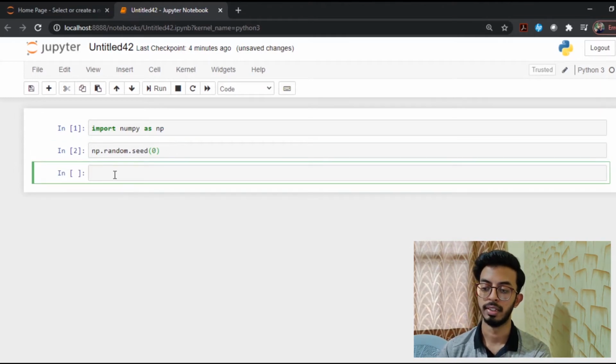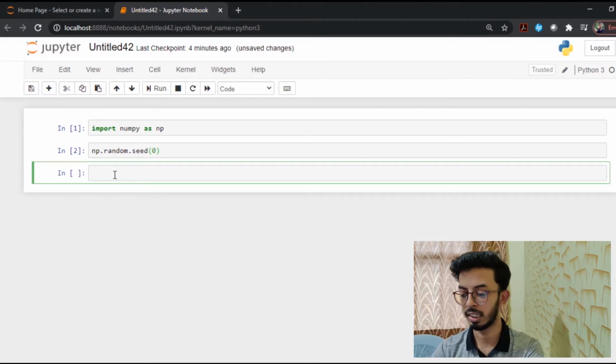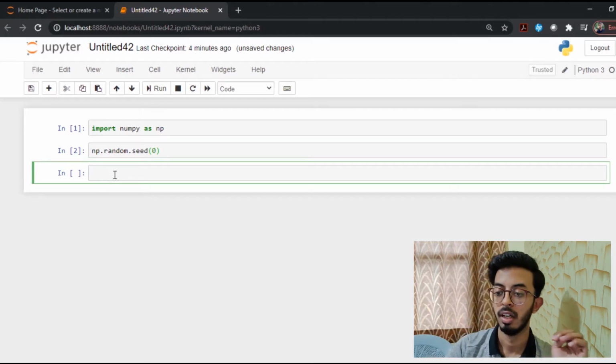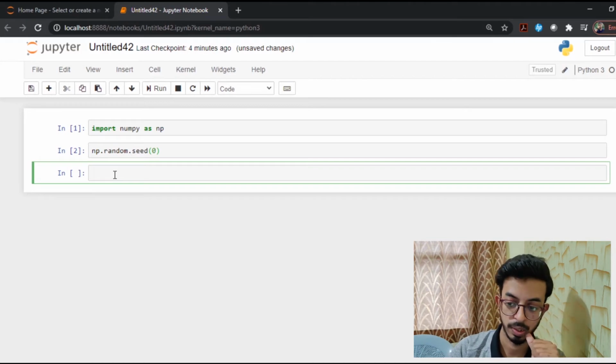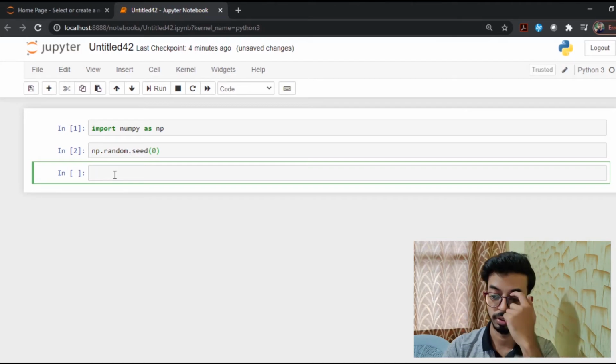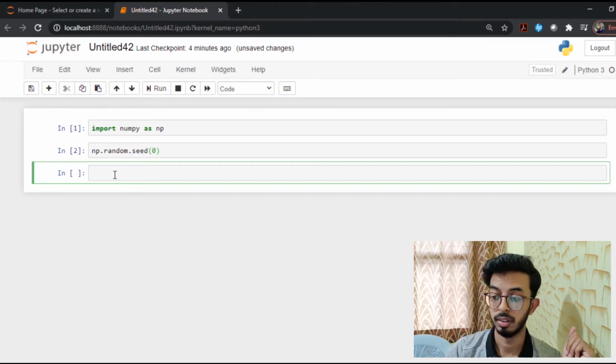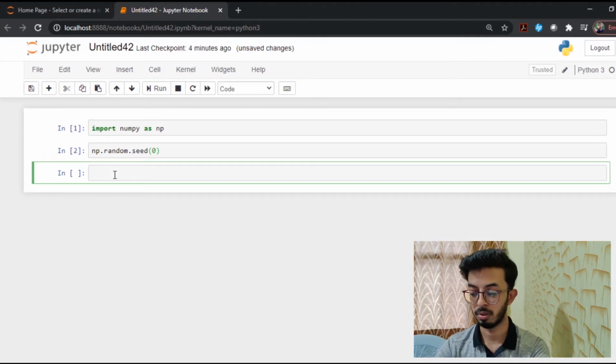So seed is set, and now you can create three arrays. What we are going to discuss in this video is the various attributes of NumPy, so let us individually explore every attribute.